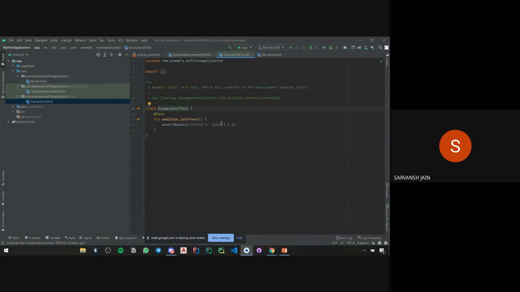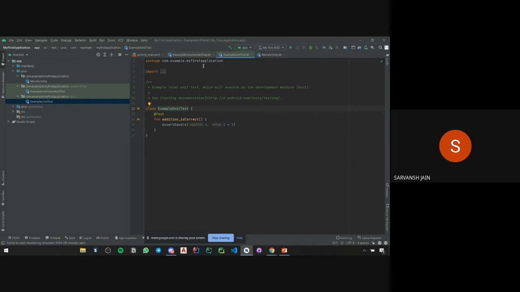We'll discuss these later, but I just wanted to tell you that there are these automated tests inbuilt in Android Studio. Unit tests are written in the test directory. These are small tests which confirm that the program is functioning properly. With the unit test, you can test functions, classes, properties.